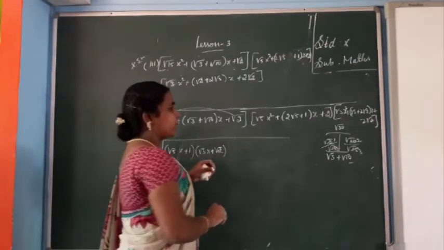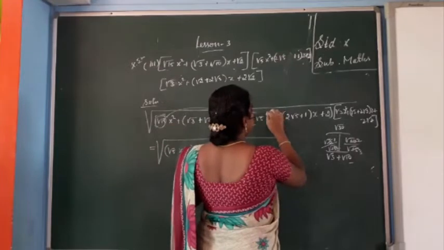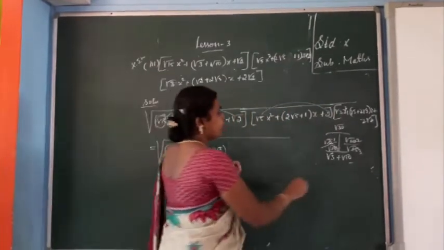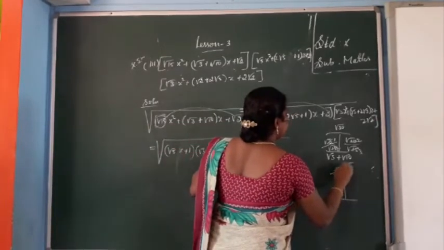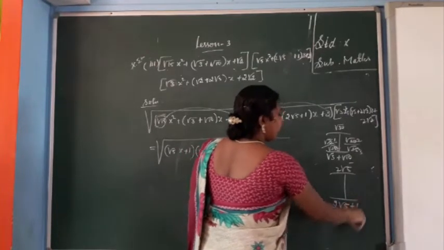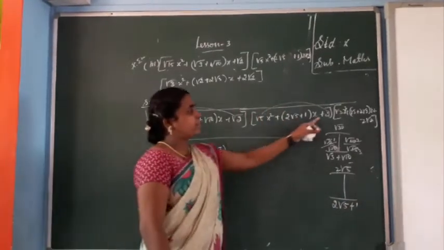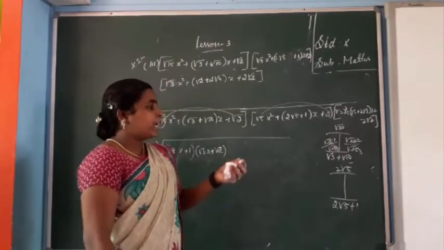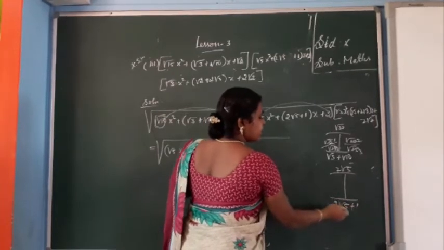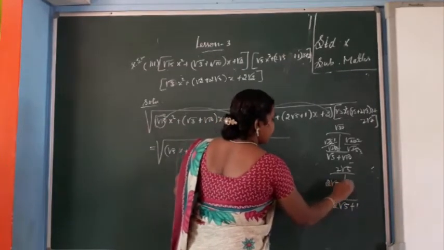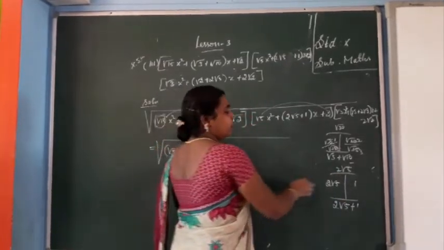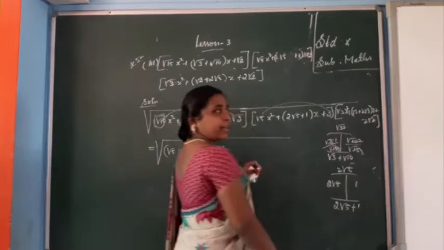Then the second one, you see. The product is root 5 into 2, that means 2 root 5. Product is 2 root 5, and 1. Okay, the sum is the coefficient of x. So here also, multiplication is 2 root 5, addition is 2. You multiply 1 into 2 root 5, that is 2 root 5, you add both values, so 2 root 5 plus 1. You are getting this, right?